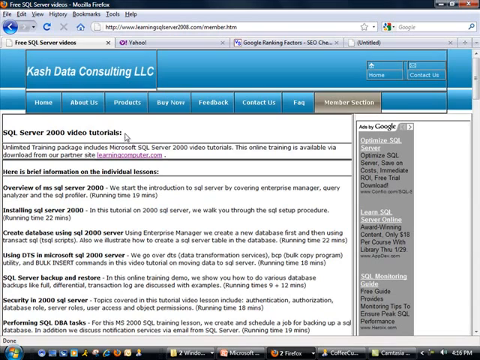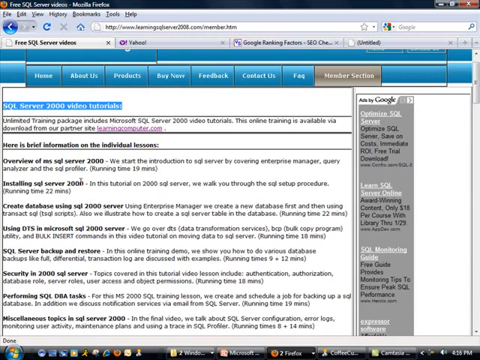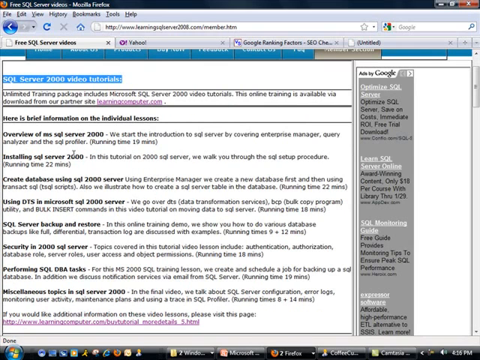Now any of these items, which are SQL Server 2000 video tutorials, is definitely a heading, because all of this section talks about that, so that could possibly be an H2 or H3. One thing that we are doing pretty good in this page is you'll notice that these lessons, the detailed lessons, are all in bold, okay? So this is definitely a good